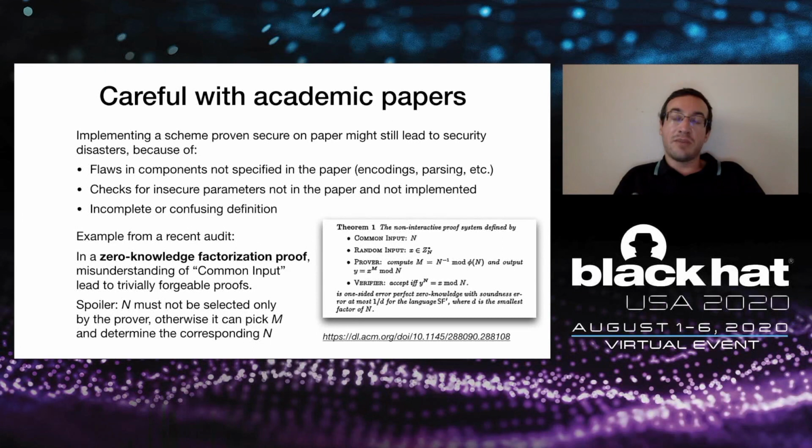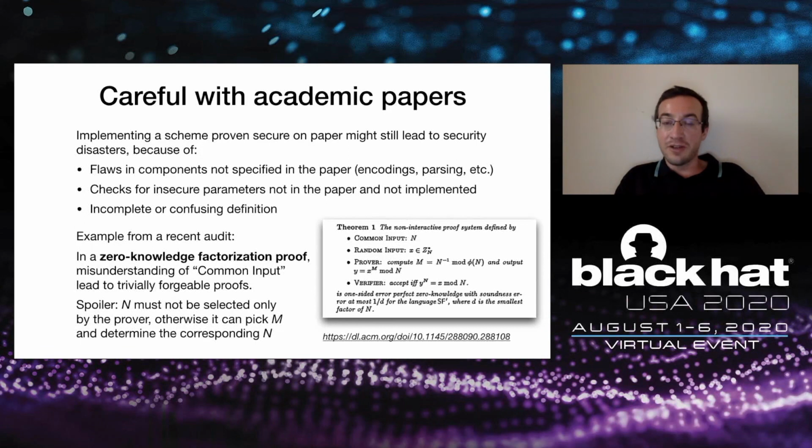Also, some papers describe a protocol in terms of generic security level, but without giving you a concrete instance, without giving you concrete parameters. It's your role to find the good parameters, the choice of primitives, for example, which elliptic curve to use, which hash function to use, which key size to use. You want to make sure that you pick parameters that end up in a scheme that is secure enough. For example, if you aim for a 128-bit security level, you want to make sure that all your components will guarantee this security level. And the third bullet here, incomplete or confusing definition, is illustrated by this example of a zero-knowledge